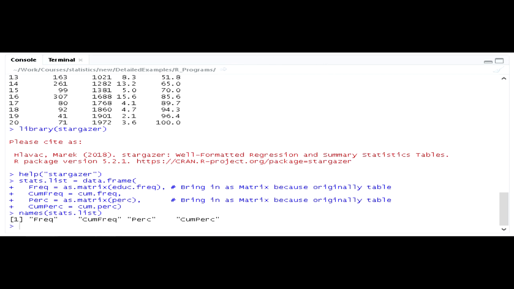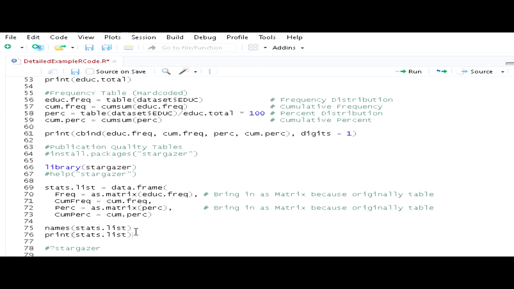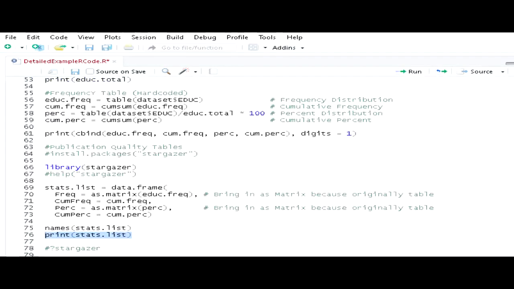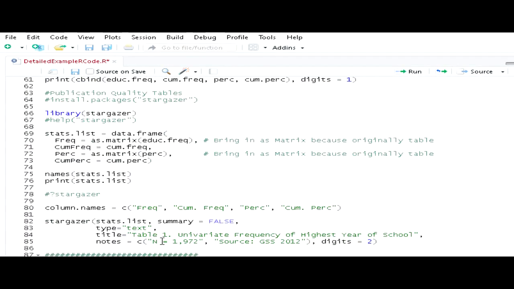And if we go back here to our script, we can also print the contents of that value. And then if we look at that again, we can just see that it has all the different values for education from 0 to 20, the frequency, the cumulative frequency, the percentage, and the cumulative percent. So just like we saw earlier, but the value added for this is that we can read this directly into